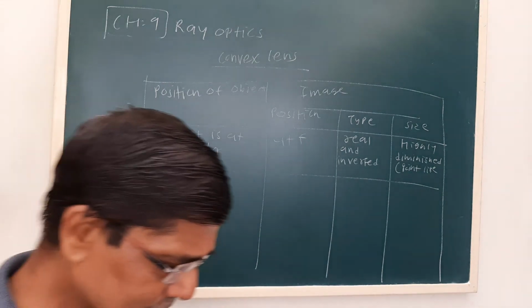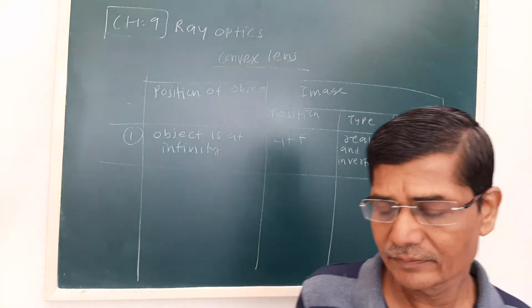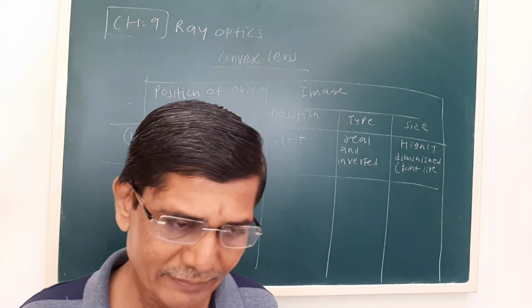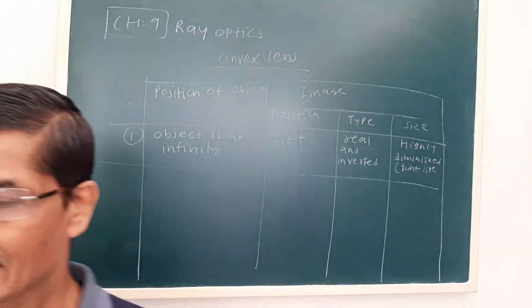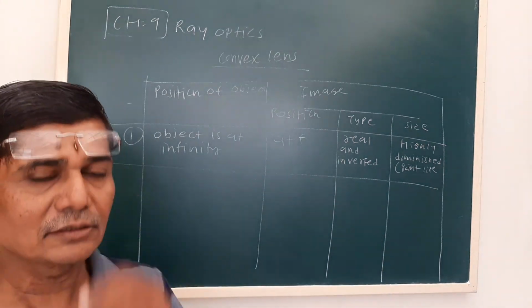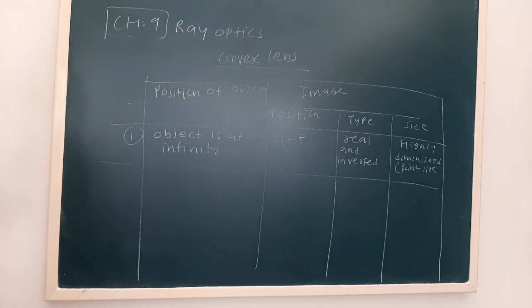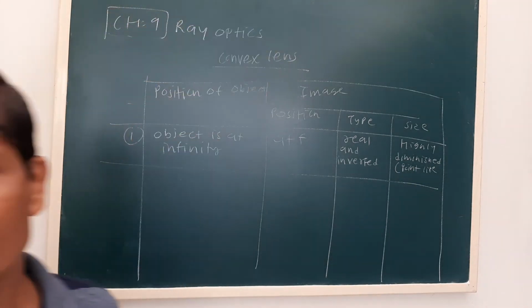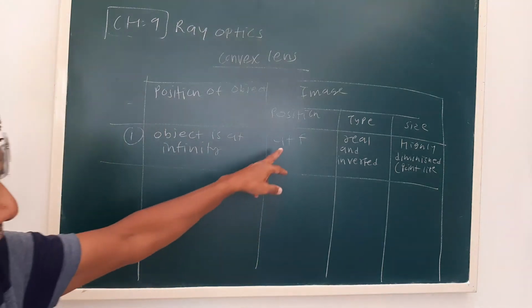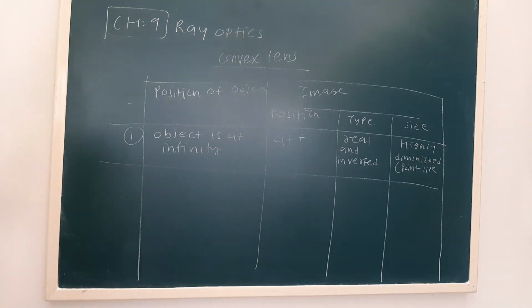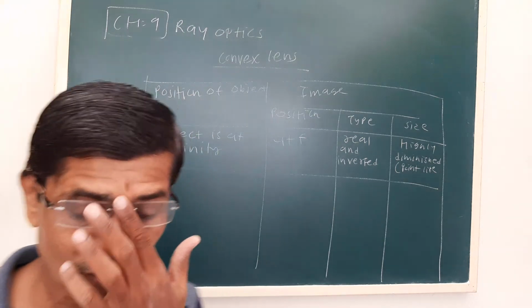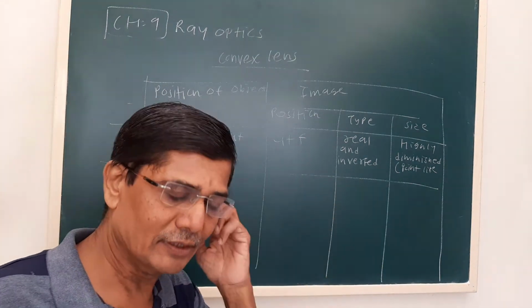Now, you know, by using a convex lens, which we sometimes use as a magnifying lens, we concentrate the sun's rays on paper and try to burn the paper. Why? Because the rays are coming from a very large distance, so the image will be at F. We adjust the position such that it makes F. Because of the heat of the sun, the paper burns. So this is the first case.